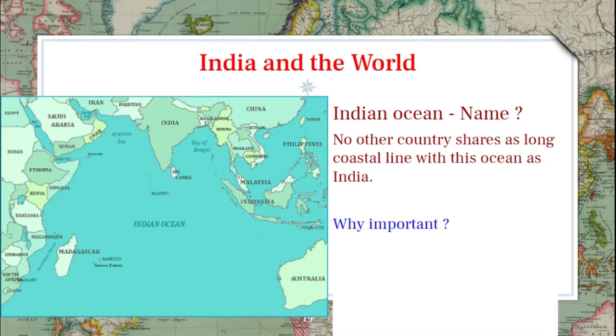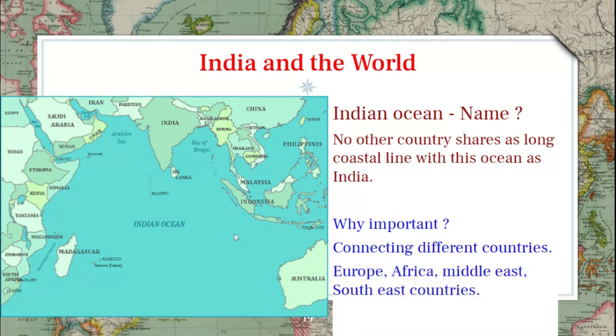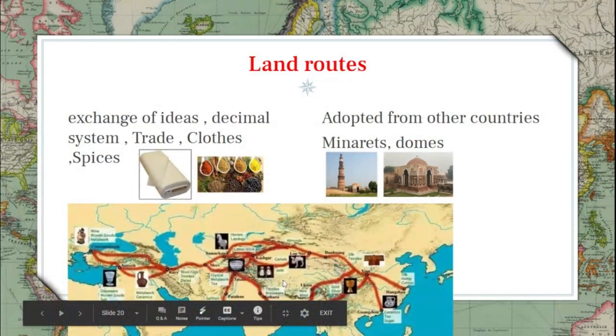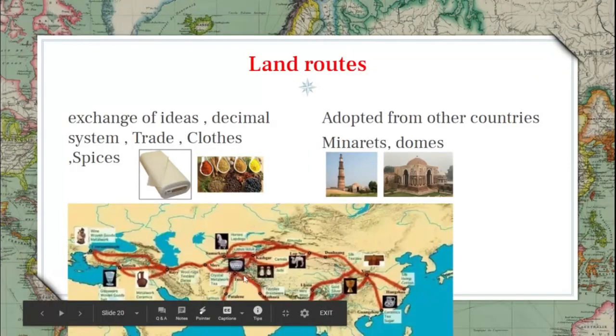When we look at the land routes, in addition to the Indian Ocean maritime route, we also have land routes. In ancient times, people were traveling to India mainly through land routes. Through these land routes, Indian people could exchange ideas about India's decimal system, the Ramayana, Mahabharata, Panchatantra, and Buddhism. Many such philosophical and mathematical concepts could be exchanged through these land routes.